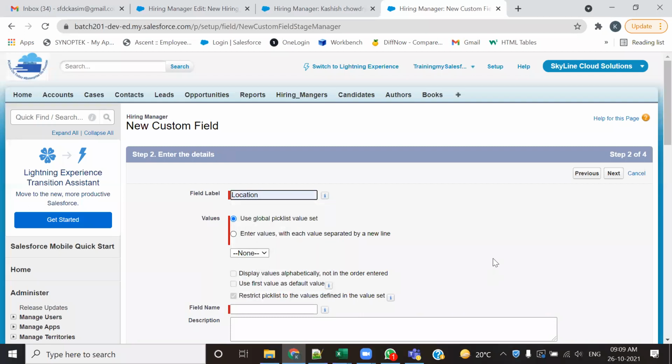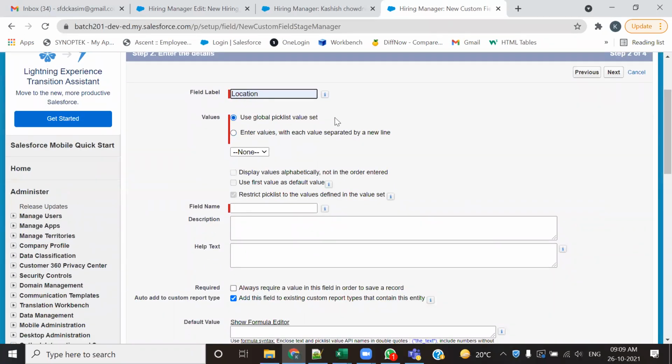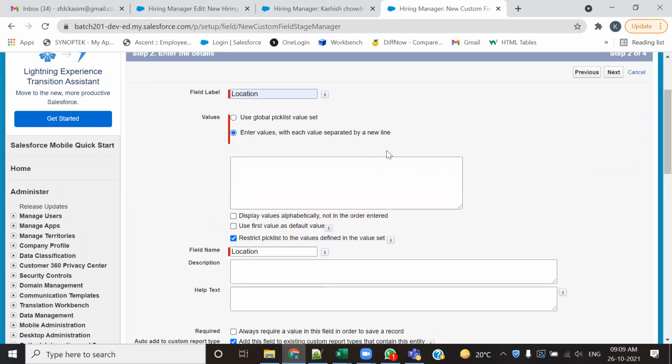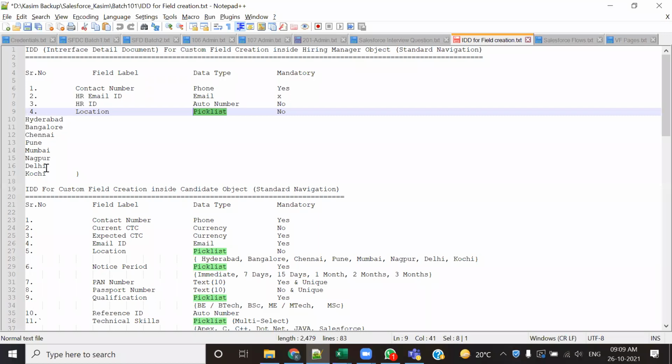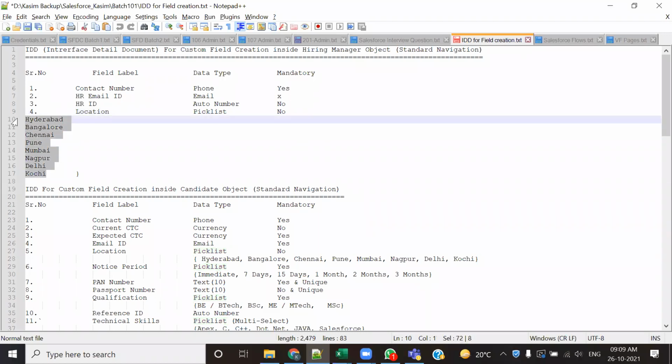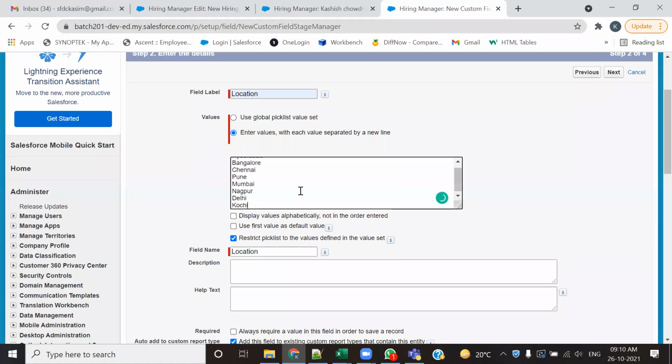Name is location. अब ये पूछना है आपकी कि क्या ग्लोबल पिक लिस्ट यूज करना है कुछ ऐसा, या हम अपने से वैल्यूज एंटर करना है। तो we wanted to enter the values on our own. तो each value should be separated by a new line, ये आपको थोड़ा ध्यान रखना है। तो पिक लिस्ट में यहाँ पे कौन कौन सी वैल्यूज हैं, these are the values. Let me just copy it from here, हैदराबाद, बैंगलोर, है ना, these all are the values. So these all are the values, हैदराबाद, बैंगलोर, चेन्नई, है ना, ये सारी वैल्यूज।